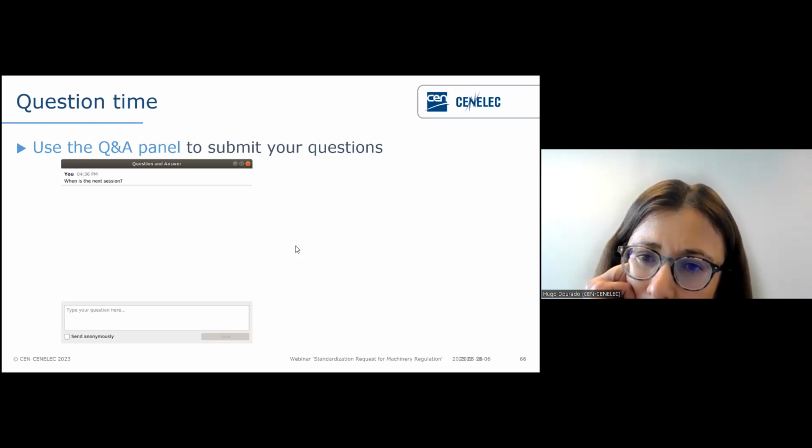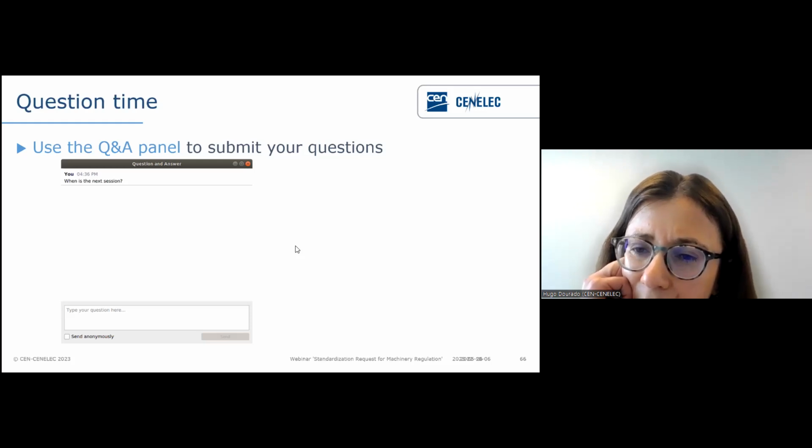So David says there is a lack of a single comprehensive guide to the process and requirements for development of harmonized standards in accordance with the Machinery Directive. Could the standardization request include development of such a guide to the machinery regulation, and could there be funding for it? So it's about this request, I think,